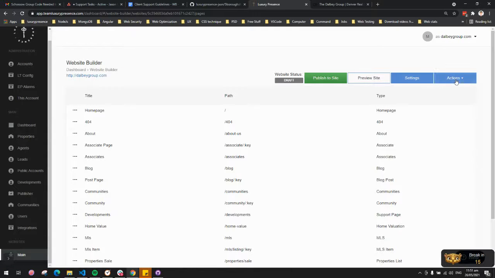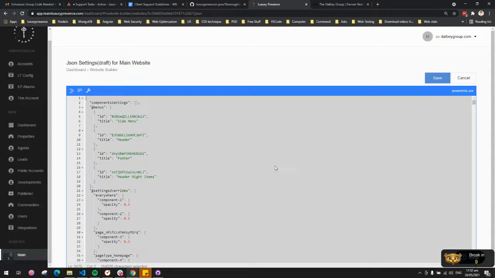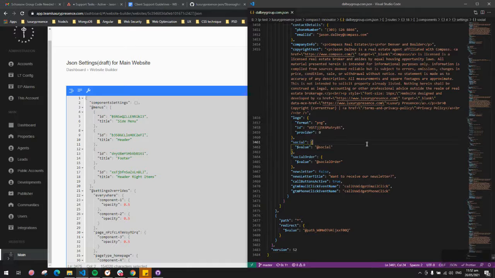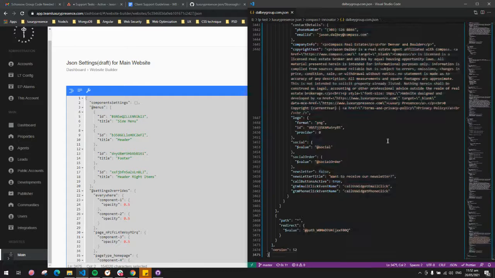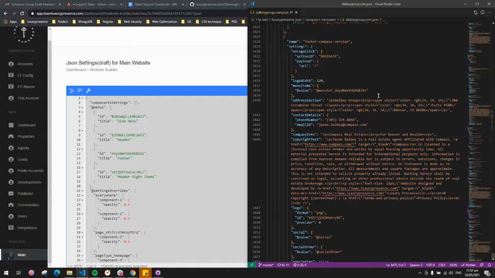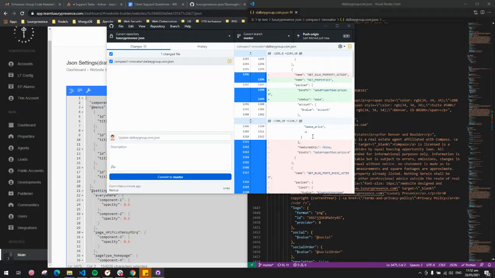Again, if you try to copy the JSON setting and paste it, we can override all the JSON setting. Just to be sure, you're just overriding the content of this JSON file. Save. So you can see the exact change here. So to be explicit about what you did or what kind of revision you implemented,